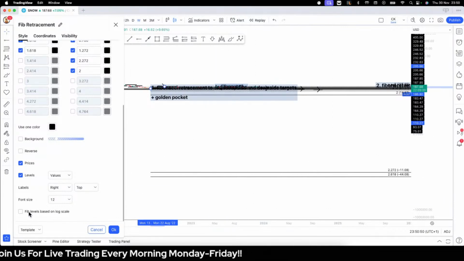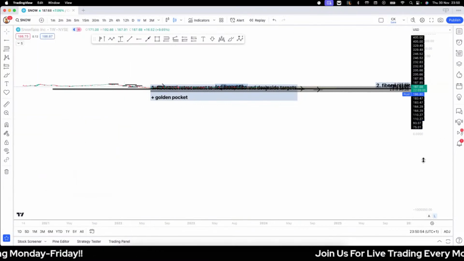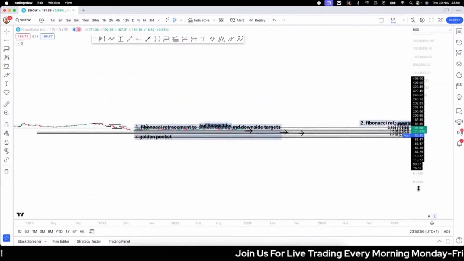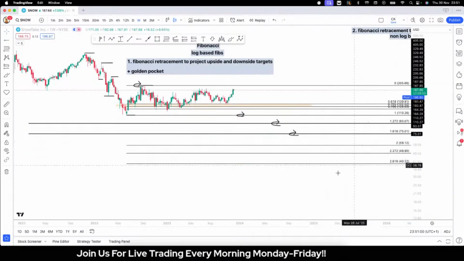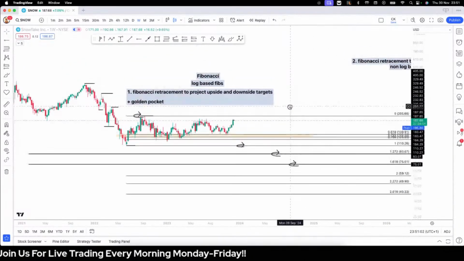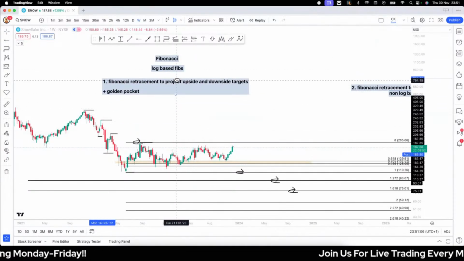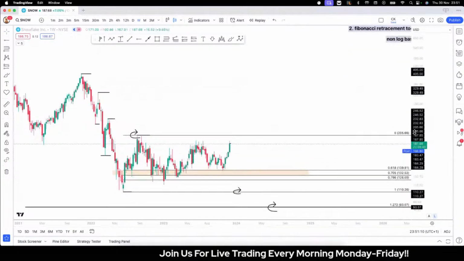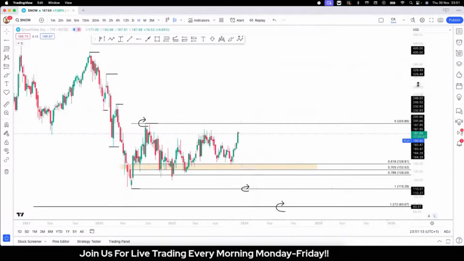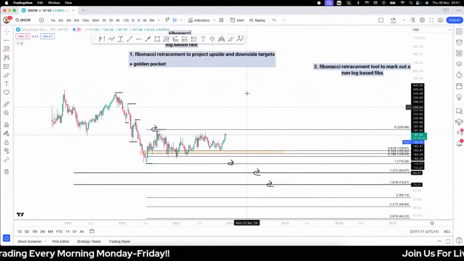So we can fix that by ticking on fib levels based on log scale. And that way, no matter how low the price, how low of a fib I take, it will never tell me that price can go below zero, right? So that is why I use those levels. I've also done the work. I've played this a lot. I've used these fibs so many times, and I can truly vouch for the fact that those log scale fibs work. But again, I was going to also show you the upside projection, how you would get upside targets